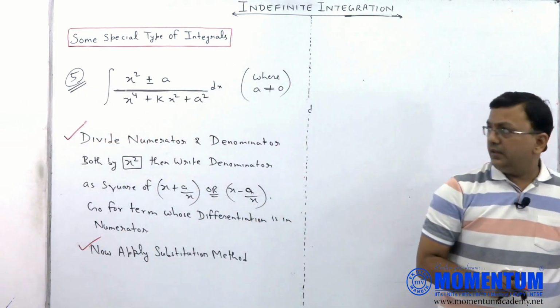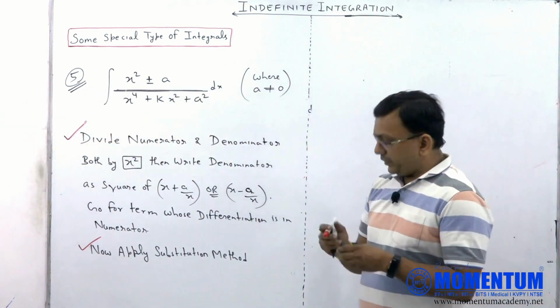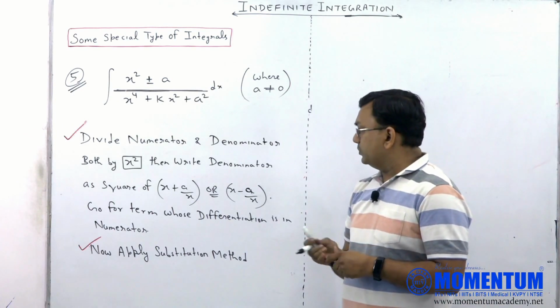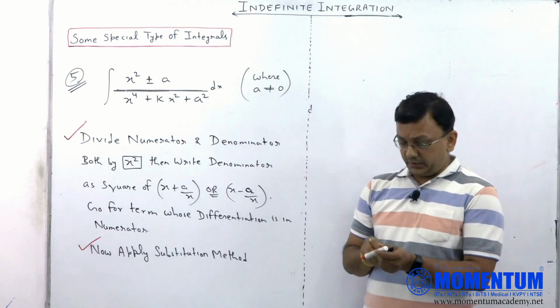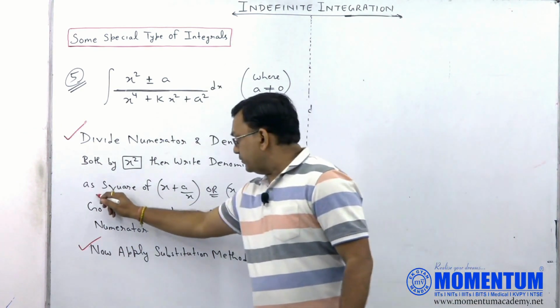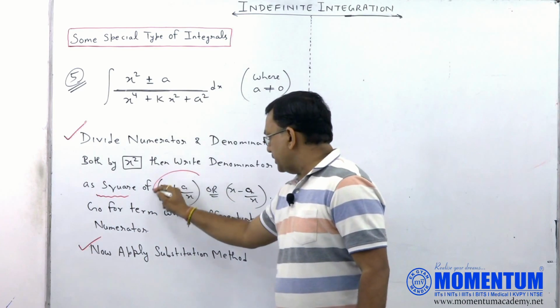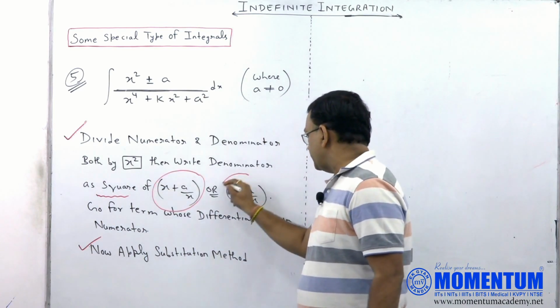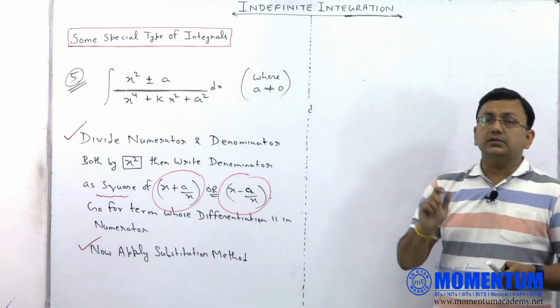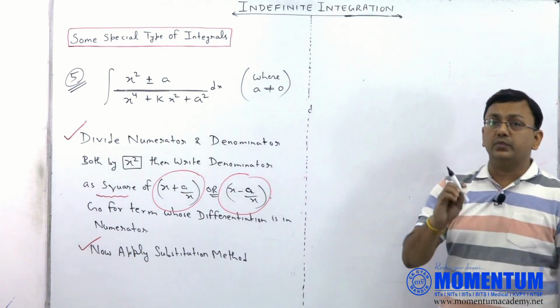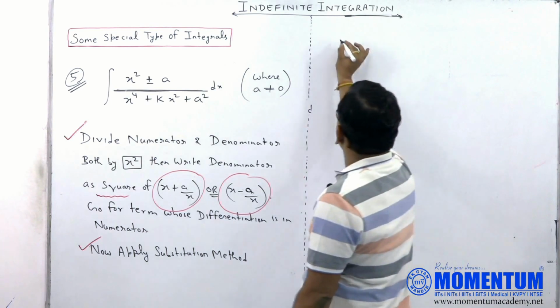पढ़िए क्या लिखवाया मैंने? First we will divide numerator and denominator both by x to the power 2. Then we will write denominator square of x plus a by x or x minus a by x. किसका लिखना चाहिए आंसर? जिसका डिफरेंशिएशन आपको न्यूमरेटर में दिखाई दे रहा हो।